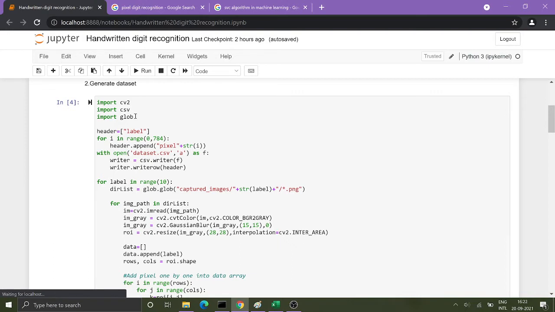Then glob will find the path for that image. So all these packages are imported.